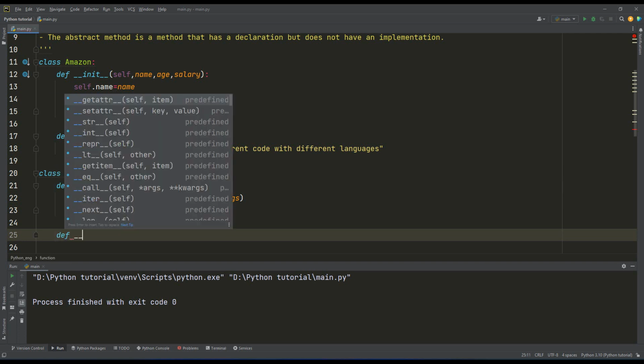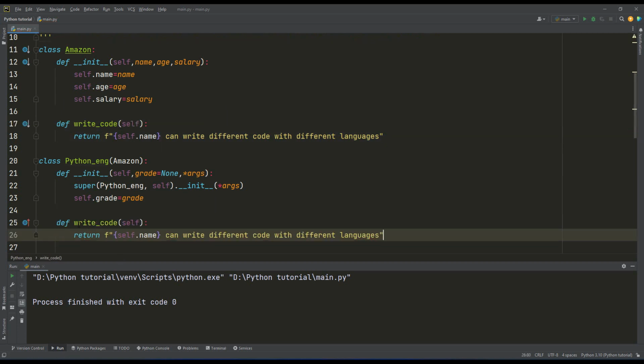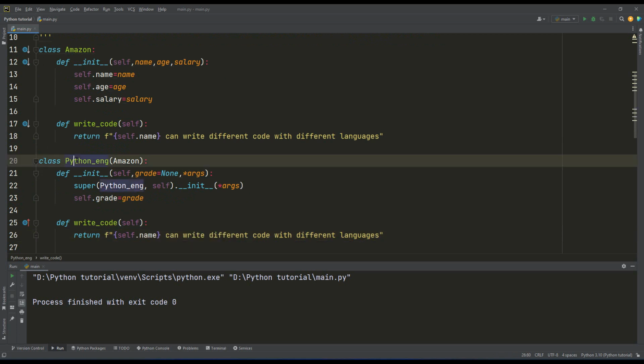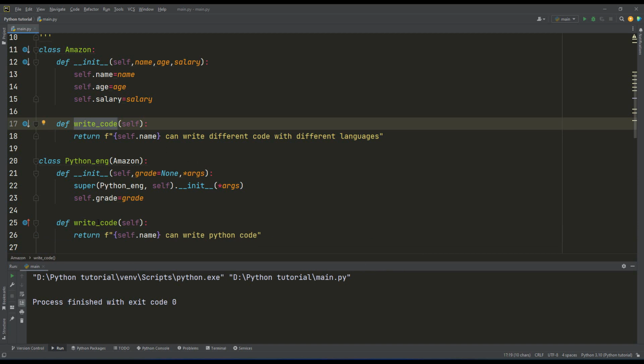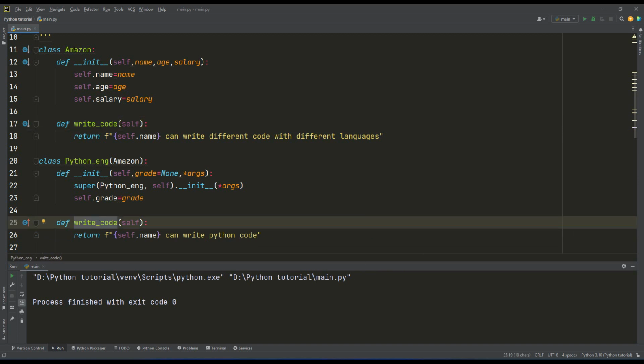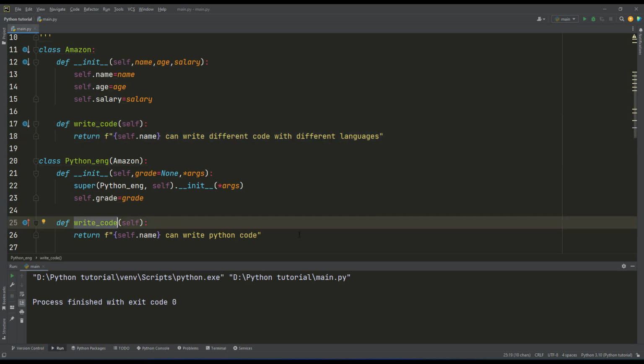Now I want to use the same function of this. So I want to override this method, okay, because he is a Python developer, he can write, let us say, for example, Python code. So this is a method, and this is the same name of the method, but when we call this from the Amazon class, it will return this line, and when we call this method from the Python class, it will return this